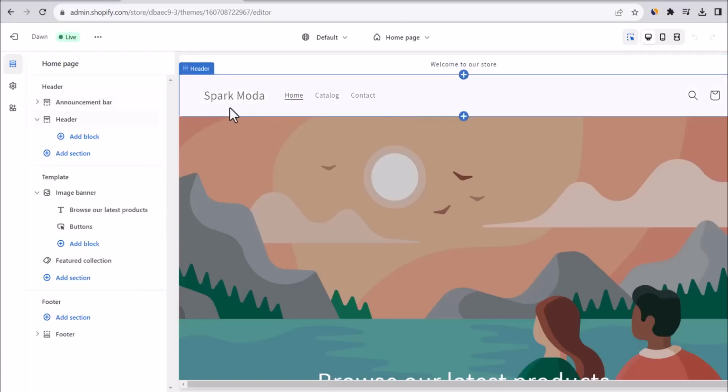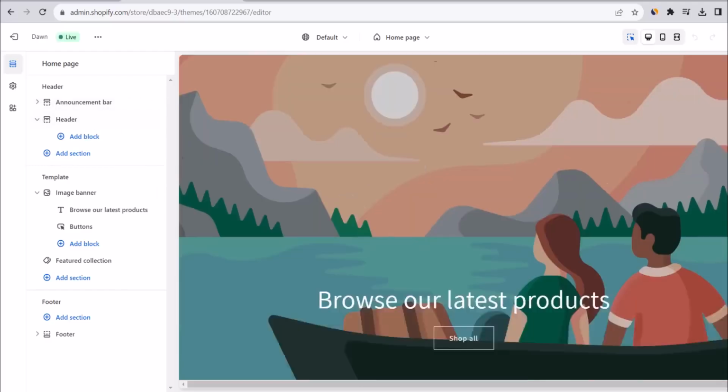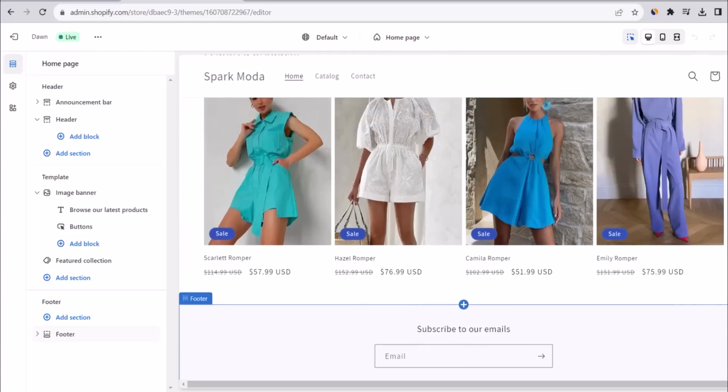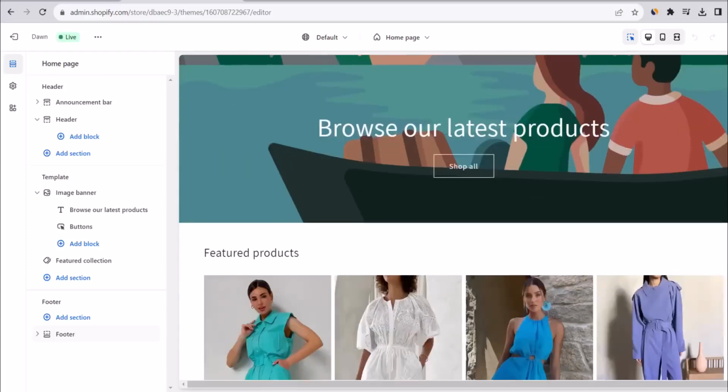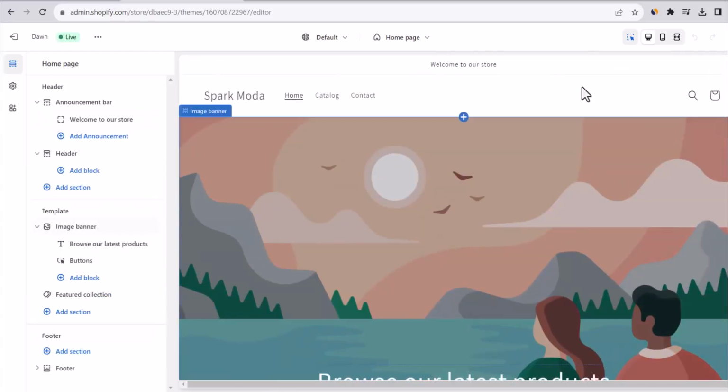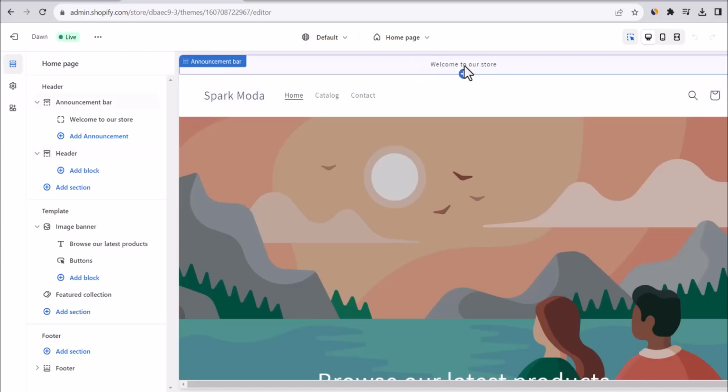Then, the site is built up in different sections, so it always starts with a header section here on the top, and then all the way in the bottom, there's the footer section where you're gonna have a couple of links and your legal pages and so on. And in between the header and the footer, there are the sections which you can decide what you want to put in here. Actually, it's extremely simple, so let's start building, and we're gonna start from the top and select